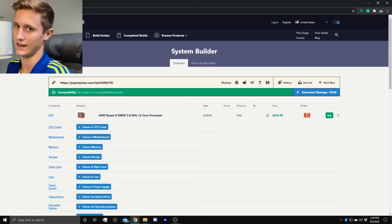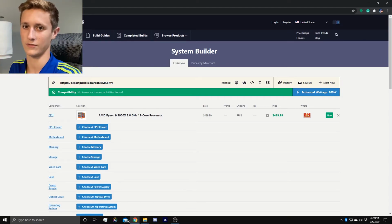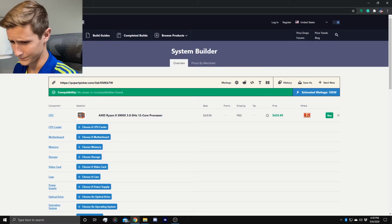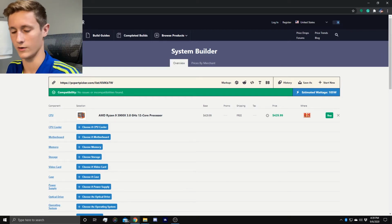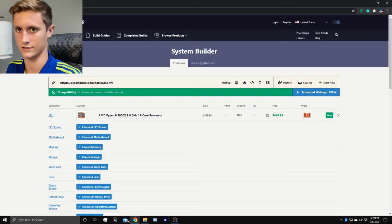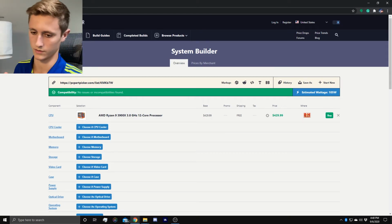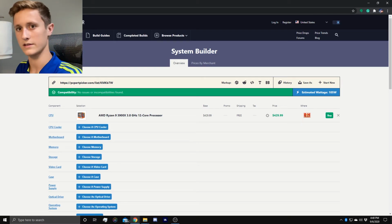I feel like the 3090 is only fitting to go with the ultimate PC because it is the highest tier graphics card you can get right now. And I feel like it doesn't fit in any other category because it's too expensive for a high-end PC. High-end PCs are usually between $1,000 and $2,000, I would say. And the card already hits $1,500, so it doesn't really fit into those workflows, but it's basically the highest end